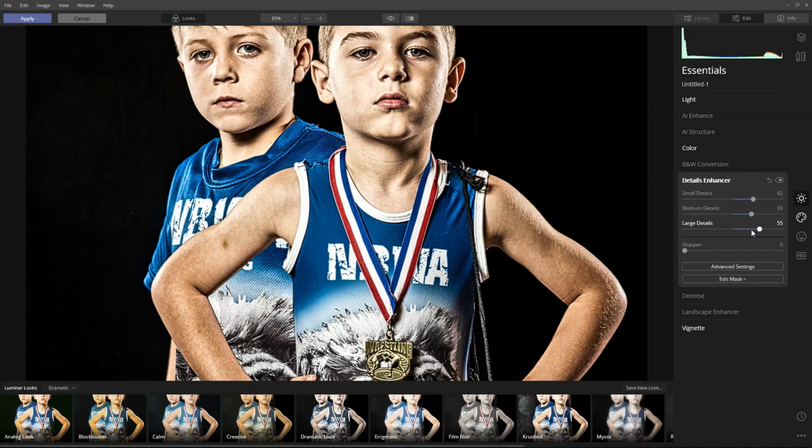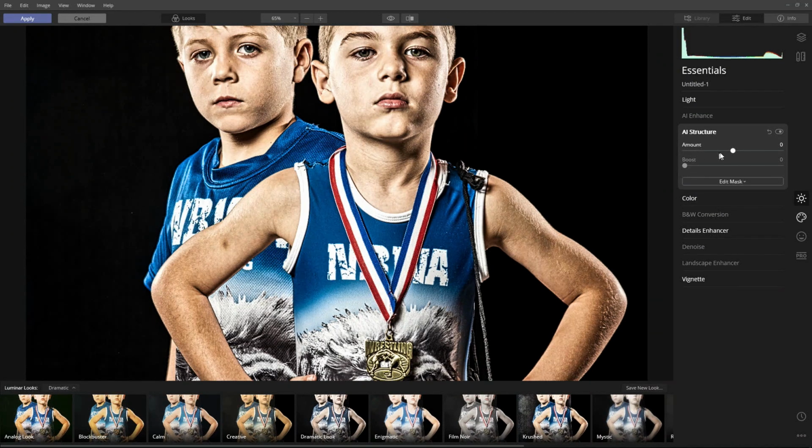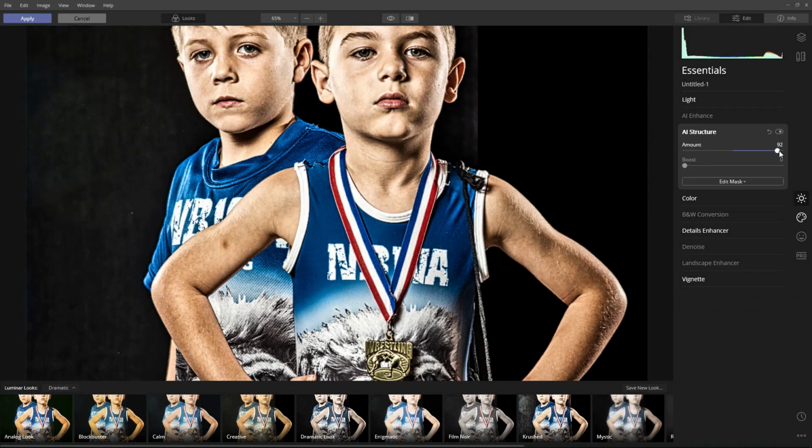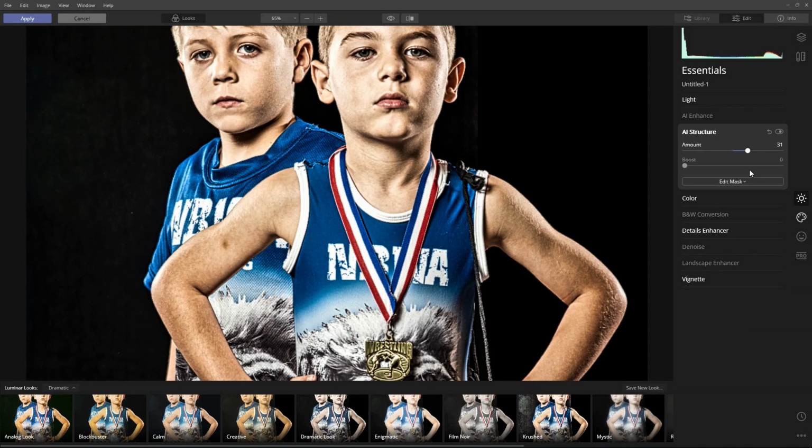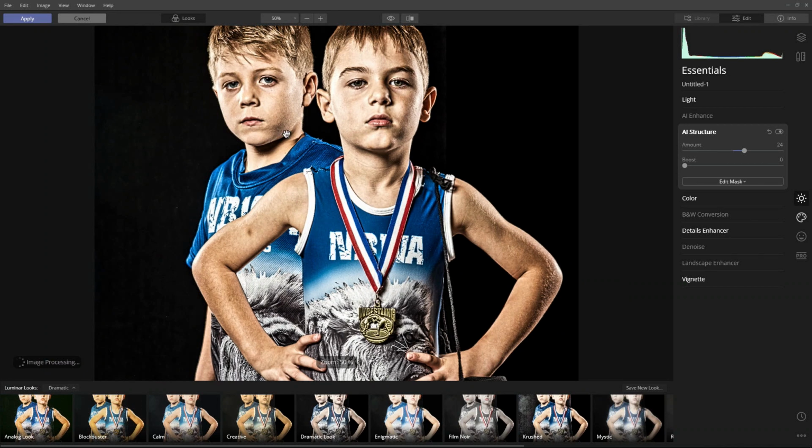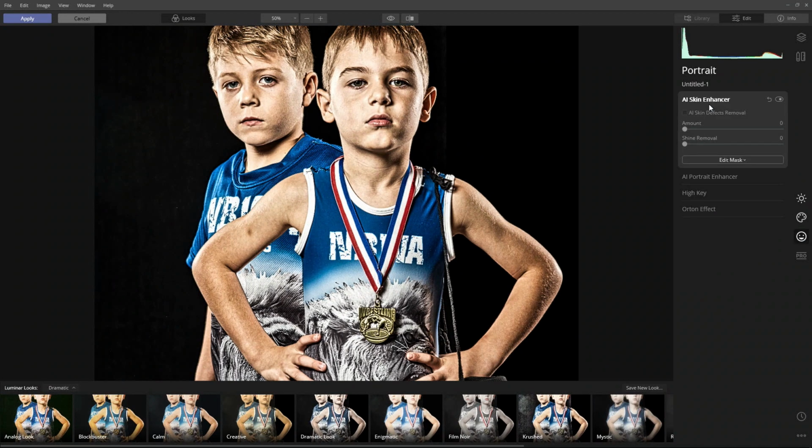And we'll move the medium detail. Good. Now, I could also try AI structure. And structure's messing with the background a little too much. But you know what? Right about here is not bad. All right. So, to fix the skin, let's come over to our portrait tools